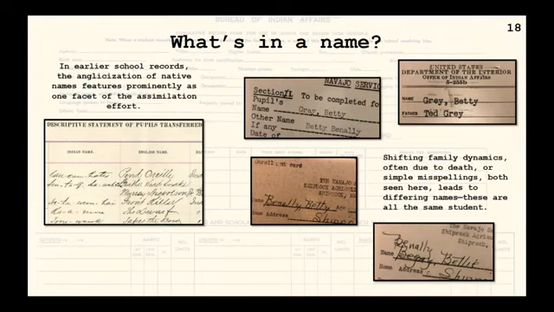And one more stop before we dive into student case files. I want to talk a little about names. In the early years, a big part of the assimilation process was the assigning of English names, and dissertations have been written on this very topic, so I won't dwell, but to say that school records can be a useful tool in reflecting this, where one can see what was changed and better help connect other genealogically useful records. But here we see an excerpt from a list of students showing the assigned English names.